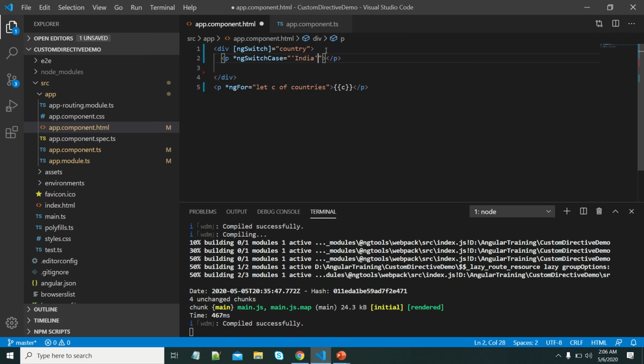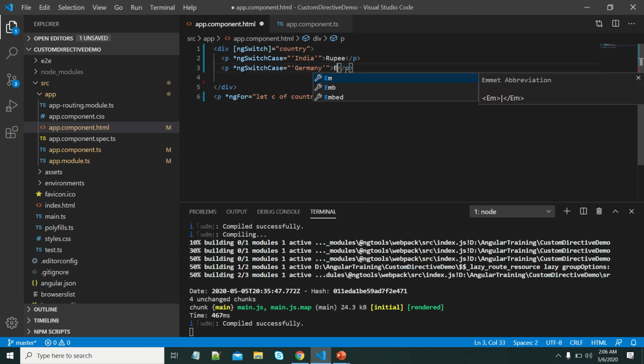Then I want to display the rupee currency. In this way we can write multiple switch cases. If it is Germany, that will be euro. Then we can write the default case also.